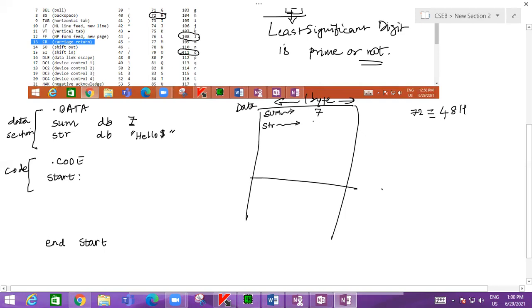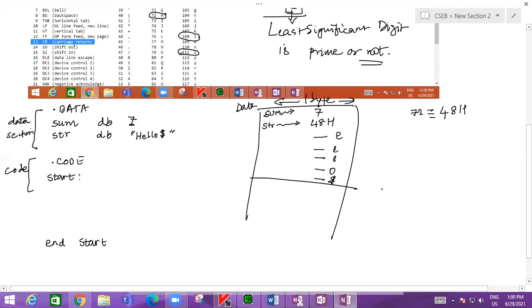So 48H you should have, then followed by the value corresponding to E, L, L, O, and then a dollar symbol.